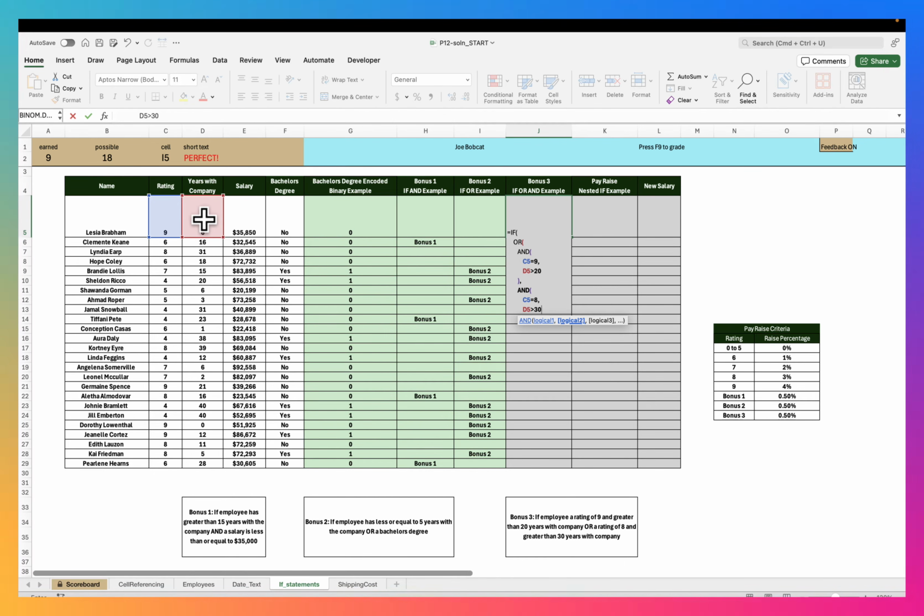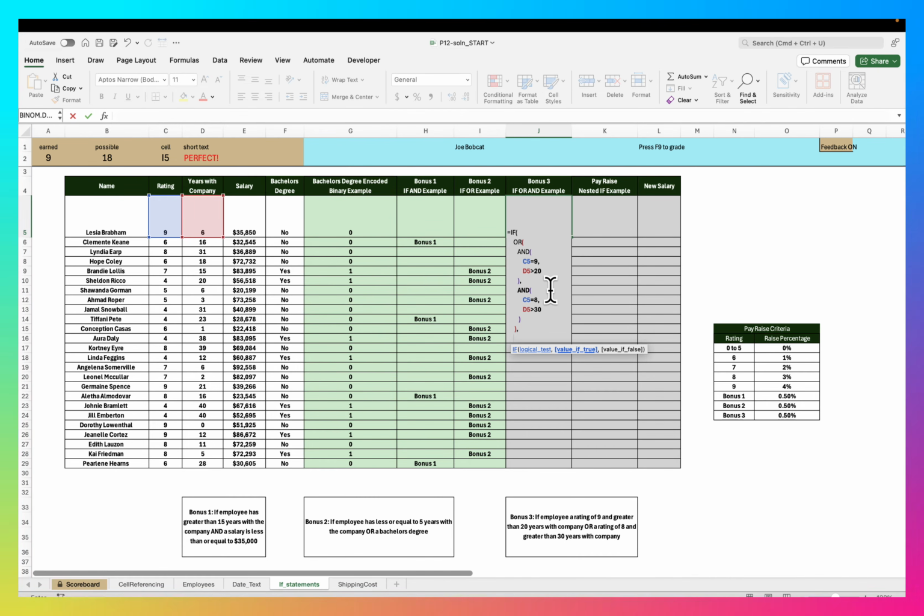This one's getting kind of long. And then close that and, right? And as soon as I closed that and, it went back to the or. So now I'm putting a comma. No, I need to close the or. So we're done with all the ands, so I'm going to close the or. Good. Now the or is closed, and now we're back to all of this was just the logical test part of this if. Now I put a comma, option enter, and now I can hit value of true,